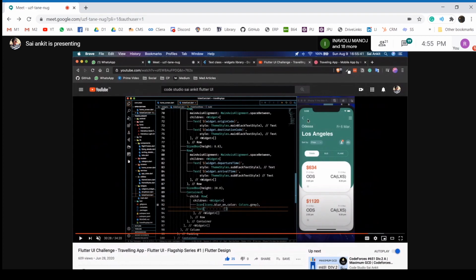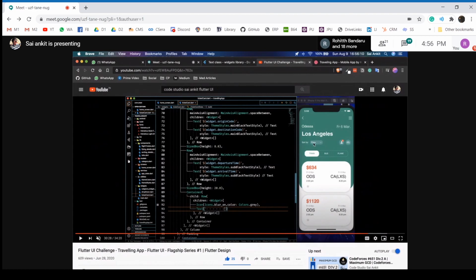Once you know columns and rows, you'll observe. Okay, this is an app bar. You can understand that this is an app bar with a button here, an icon here, another icon here. This complete thing is a column. Inside a column, you have a row, first row. Inside this row, you have Odessa and Friday. And then the second is a text widget. And then the third is again a row. Inside a row, you have this sort by, this is a text again. And this price, this is again a container.